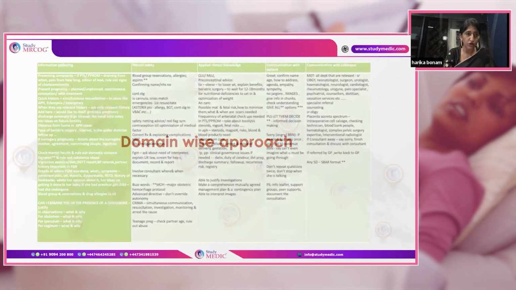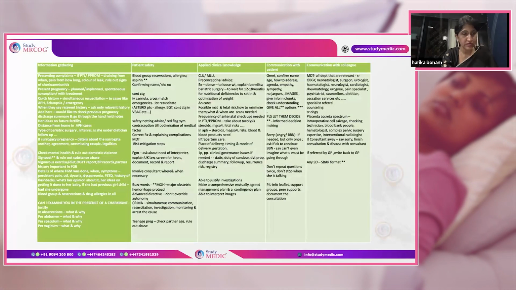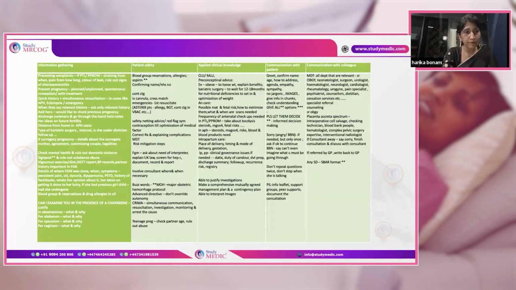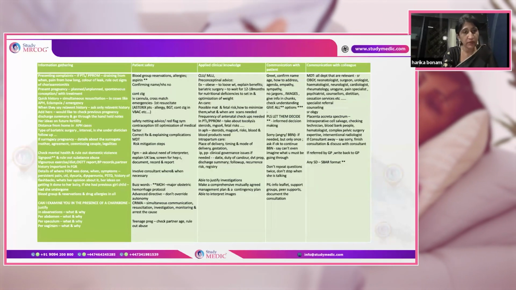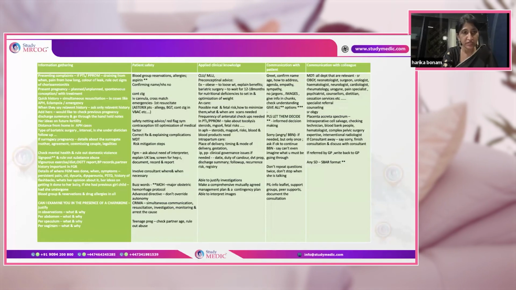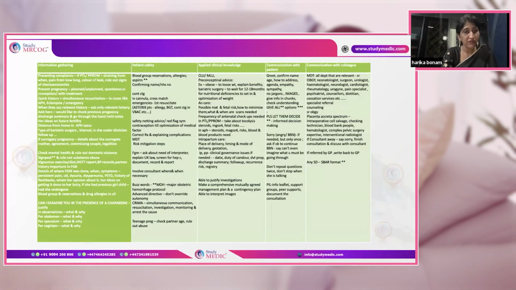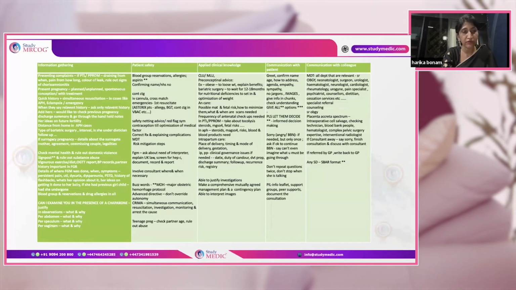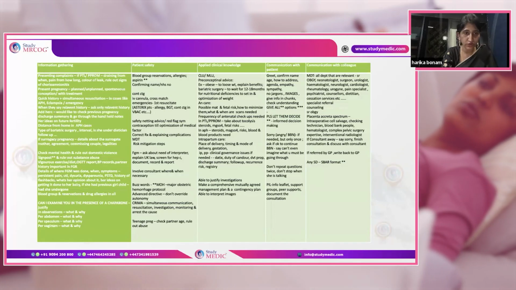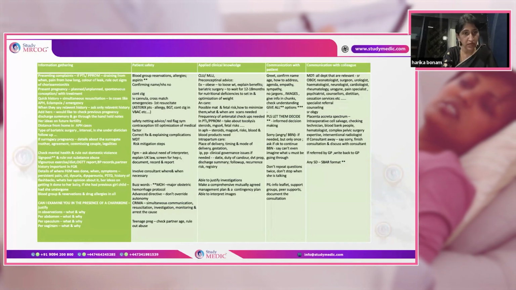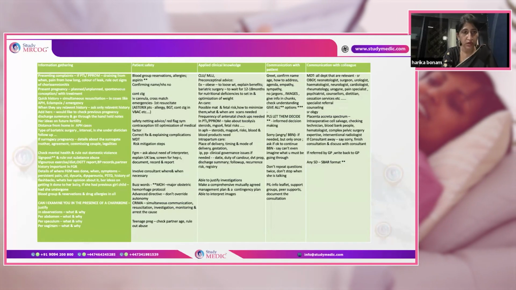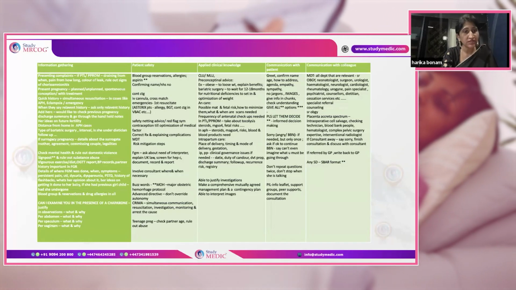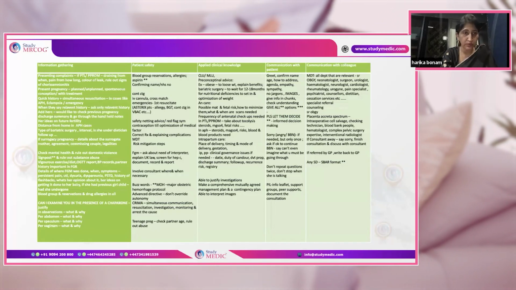In the antenatal care module, what are the most common things? In the information gathering, depending upon the presenting complaint and depending upon the station, see if the patient has come to you with preterm labor or PPROM, you'll have to ask the details: from when is she having the draining, that is the onset of draining, and does she have any associated pain along with that? What is the color of the leak? Is there any meconium, any associated bleeding? Rule out the signs of chorioamnionitis. These things are very important.